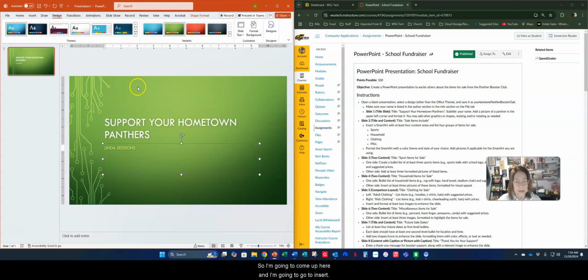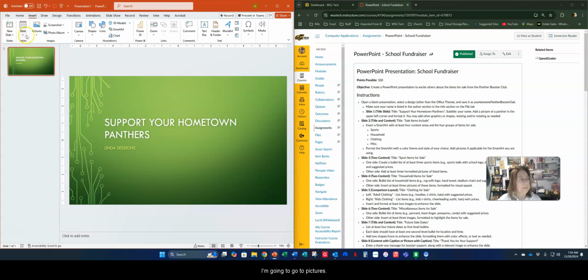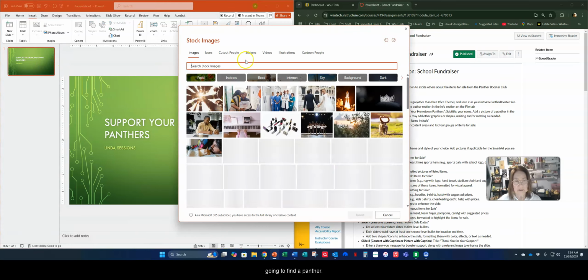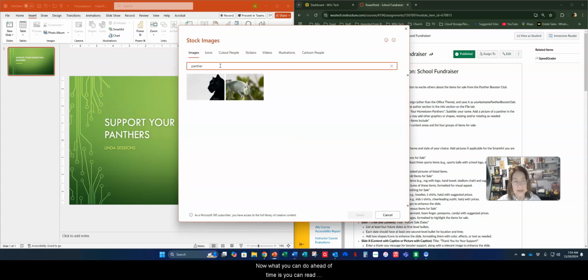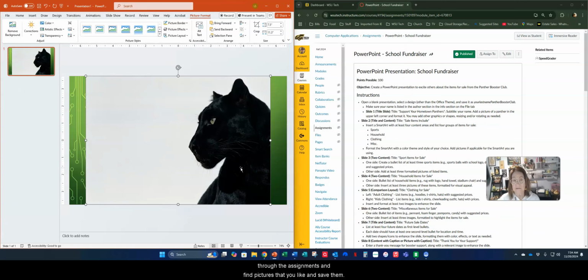So I'm going to come up here and go to Insert, then Pictures. I am just going to go to some stock images and find a panther. What you can do ahead of time is read through the assignments and find pictures that you like and save them. Now I've got this panther image, which is really cool, but I don't like this white